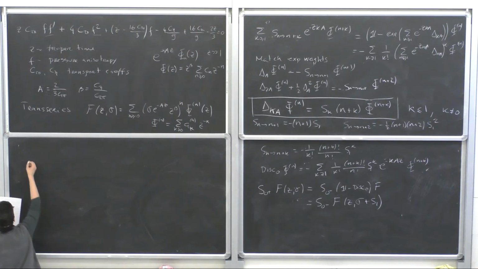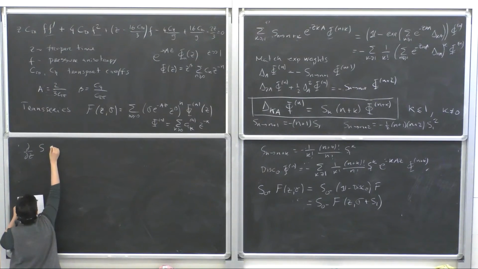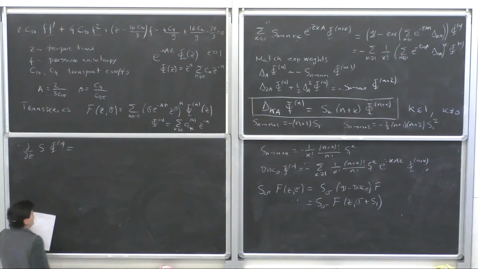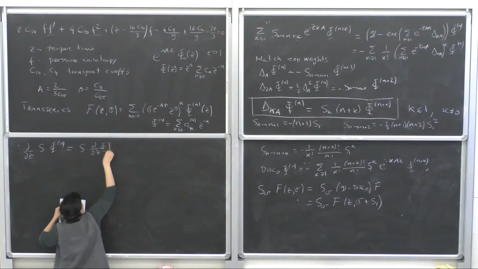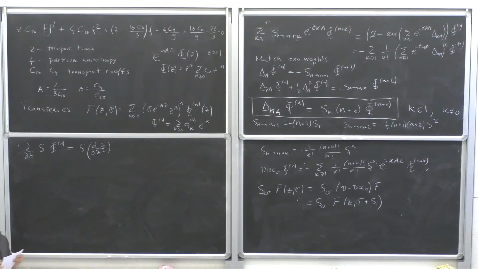And one thing that you can see is that d/dz of the resummed result of phi is the same as resumming d/dz of phi. You can easily see this by using the fact that S is just a Laplace transform and